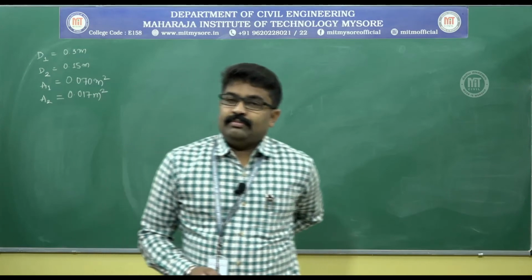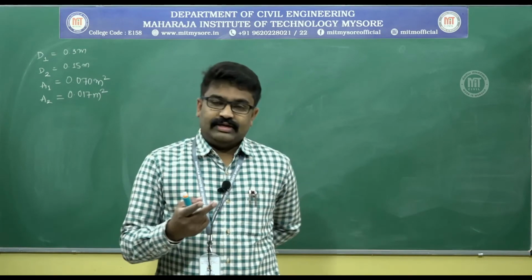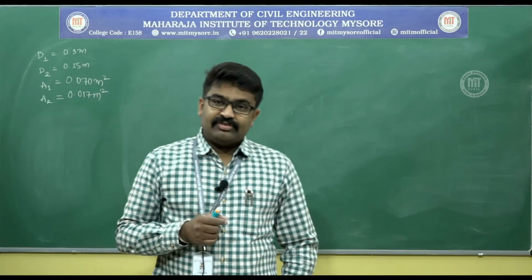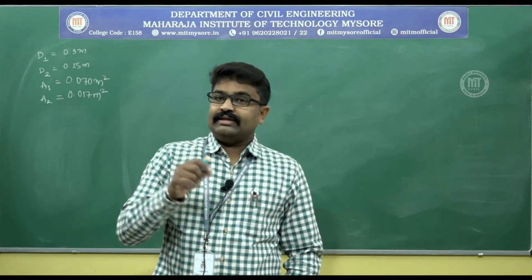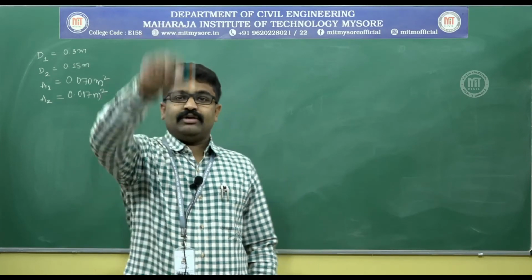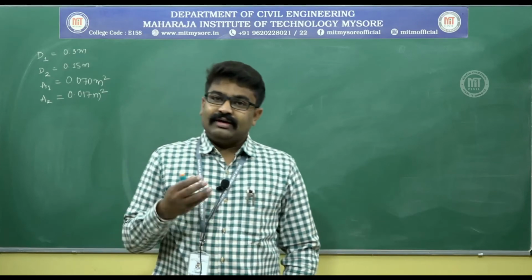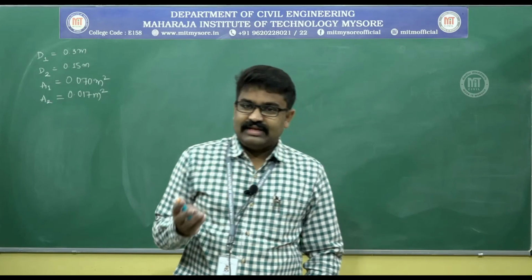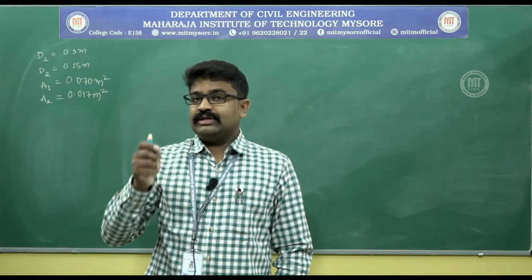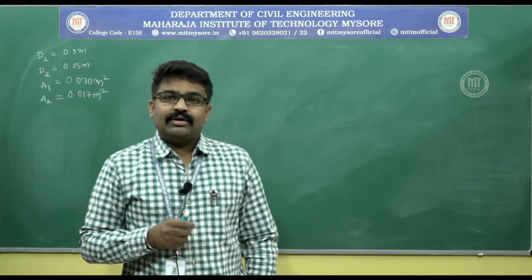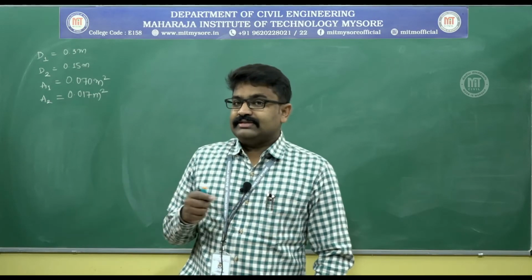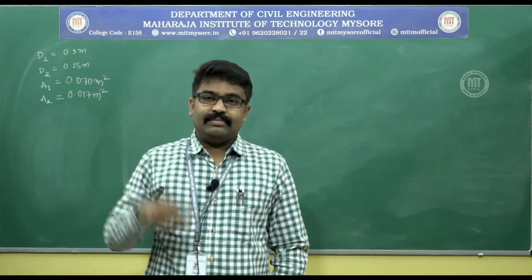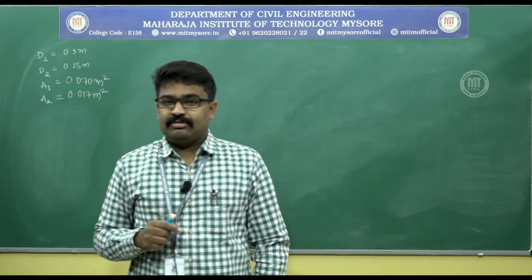So, once you read the problem, you will come to know that you will have to observe two things. One is that it is an inclined venturimeter, as well a liquid of specific gravity lower than the liquid whose pressure is to be measured is being used as manometric liquid, and that means it is an inverted U-tube manometer. Of course, rest of the things will remain the same, but you will have to be careful while using X and H, because automatically H is equal to X into 1 minus of S manometric divided by S pipe. So, in this case you will have to be careful.